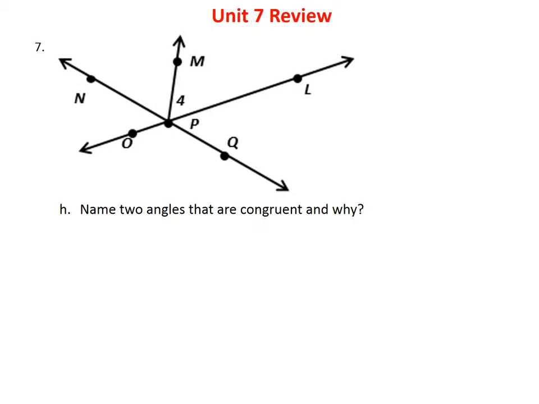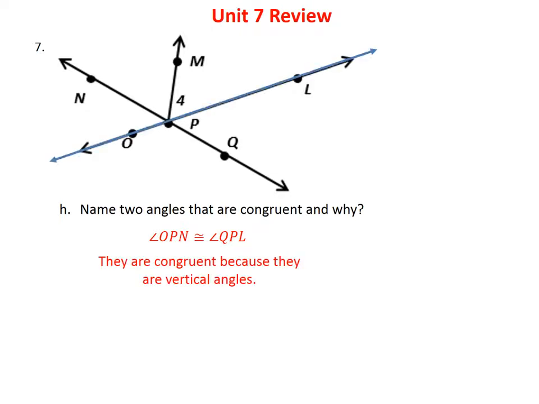7H asks us to name 2 angles that are congruent, and why? We're simply being asked to look at the diagram and tell from the diagram. We're not being asked to actually measure, because sometimes the diagrams are not exact. So the answer is that these 2 angles that I've listed, OPN is congruent to QPL, and why? Well, the reason is because they're what we call vertical angles. They're formed by 2 lines crossing, and the opposite angles are the same. So notice this angle and this angle are opposite when those 2 lines cross,